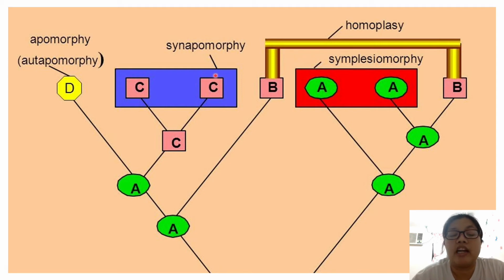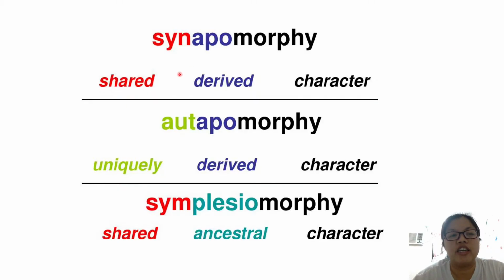Synapomorphy naman are characters that they share with a recent common ancestor. Okay? Symplesiomorphy naman are characters that they share with the ancestral lineage. Okay? Now, homoplasy naman is similarity due to convergent evolution. So, walang relationship sa kanilang ancestry, but they look the same. Okay? Para mas madali niyong matandaan, we have here